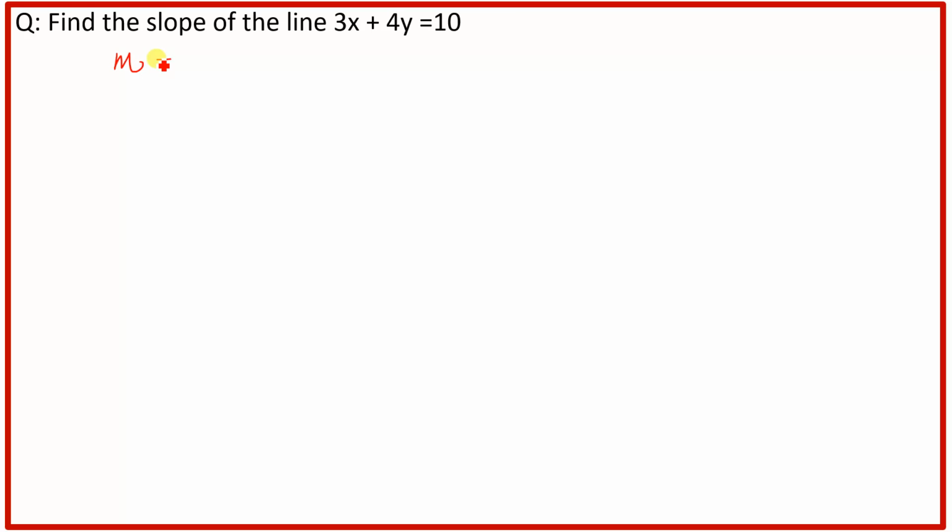And the formula we used to find out the slope is m equal to (y2 minus y1) over (x2 minus x1). x2 and y2, similarly x1 and y1, these are the coordinates, these are the solution sets of the line. So in order to find out the slope, first we have to find out the solution sets, means the values of x1, y1 and x2 and y2. So this is our equation of the line which is given.